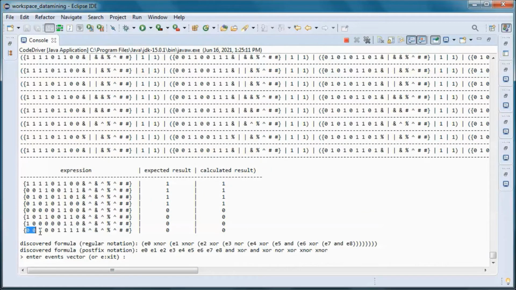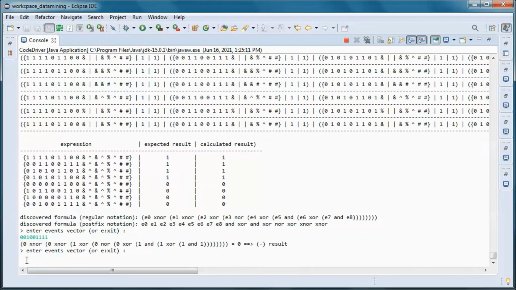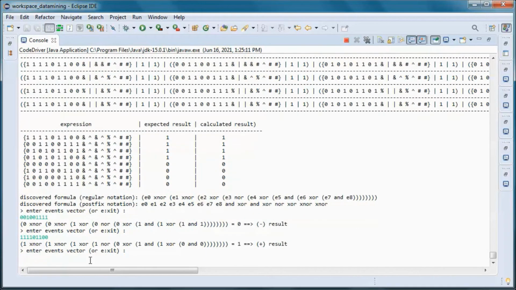So let's try this event vector, apply this formula to it. And we end up with a negative result. And maybe if we try this one. So the calculated result is positive.